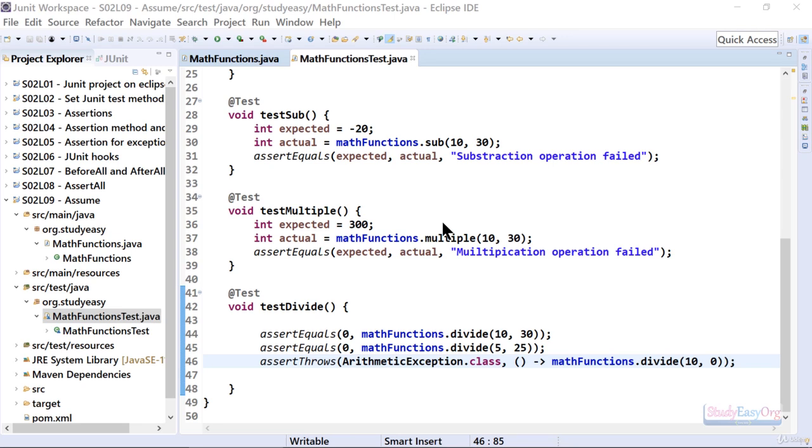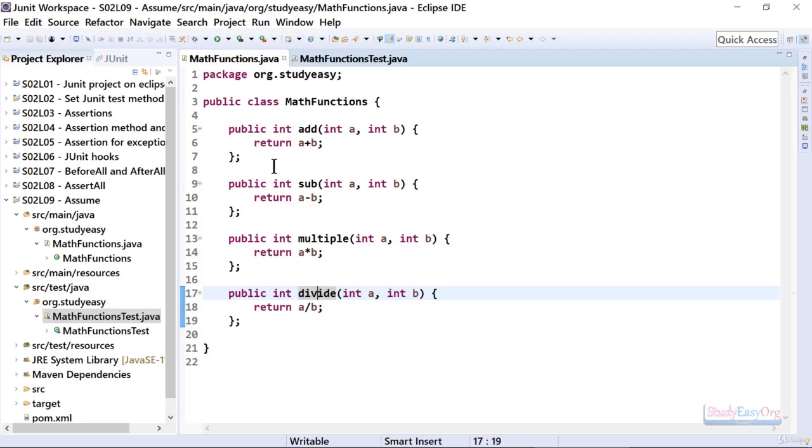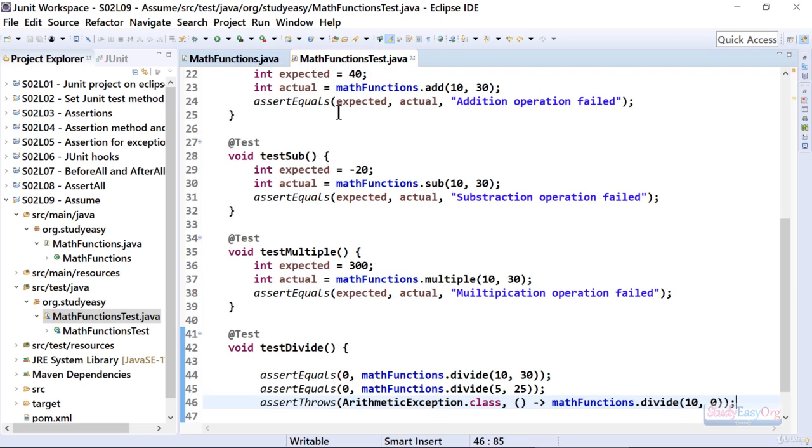In this video we will try to understand the assume methods. These are not very important but definitely a thing which we must know. Alright, so now in here we have this add, subtract, multiply and divide methods, and we have the equivalent test